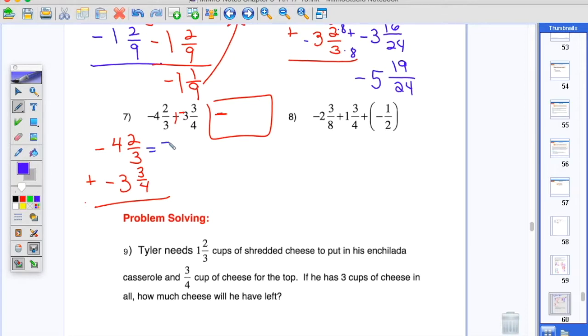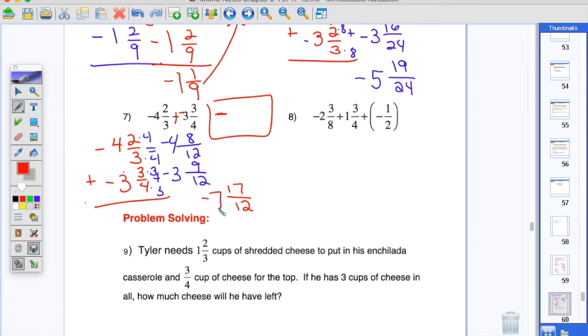Find a common denominator. So our common denominator, we have our denominator of 3 and 4, so they both go into 12. So 3 times 4 is 12, so 2 times 4 is 8. 4 times 3 is 12, so 3 times 3 is 9. Now we're adding with same signs. So we have 8 plus 9, which is 17 over 12, and negative 4 plus a negative 3, which gives